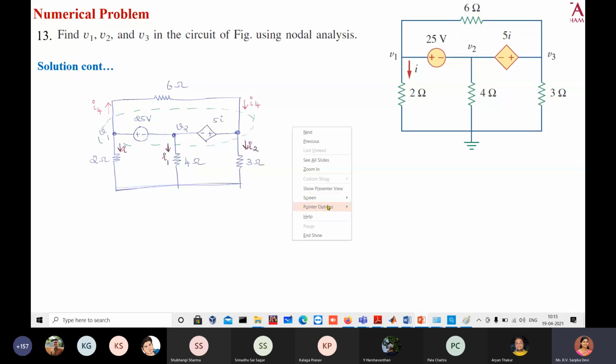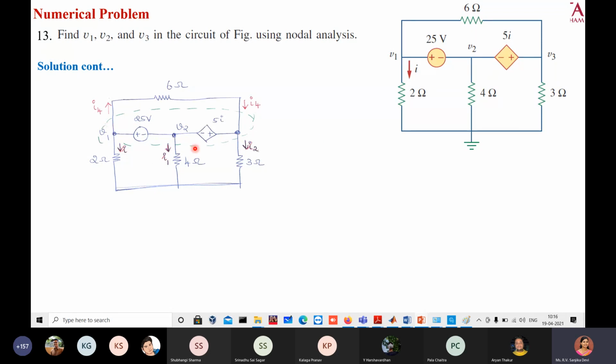Okay, what if we are treating this V1, V2, V3 together as a supernode? Then in that case, we have to fix the direction of current for this particular branch, which is I4. Okay. So now, if you see how many branches are connected to the supernode, there are totally 5 branches, right? The current I, I1, I2, as well as I4 which is flowing outwards, as well as I4 which is flowing into the supernode. So now when we write a KCL equation for this supernode, we can see that totally there are 4 currents leaving and 1 current is entering this node.